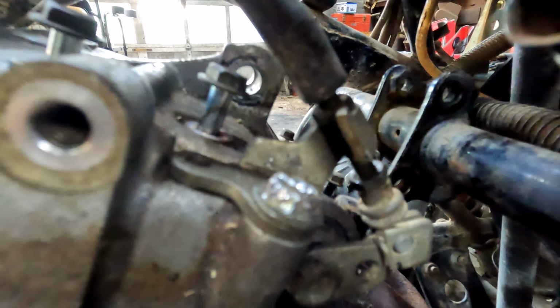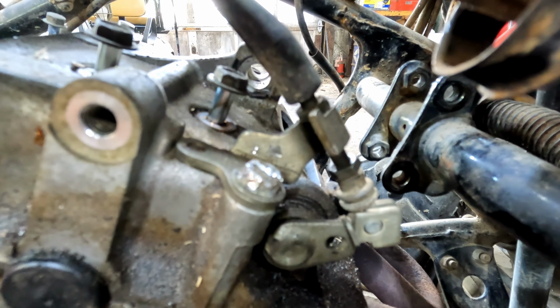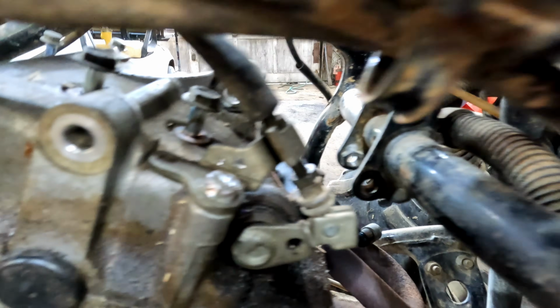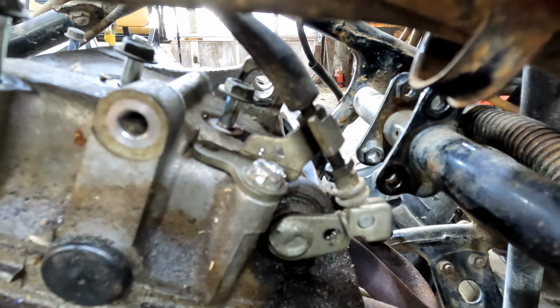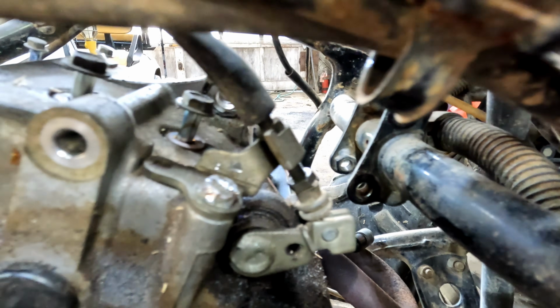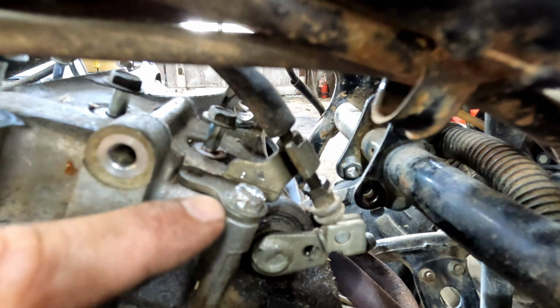You can see here, guys, what happened. As best the GoPro will focus, but yeah, she stripped good. I can't even get a hold of it with a pair of vice grips. And she's probably torqued too tight anyway for vice grips to work. It'd probably just slip. So I'm going to have to try to come in here and carefully cut the head off